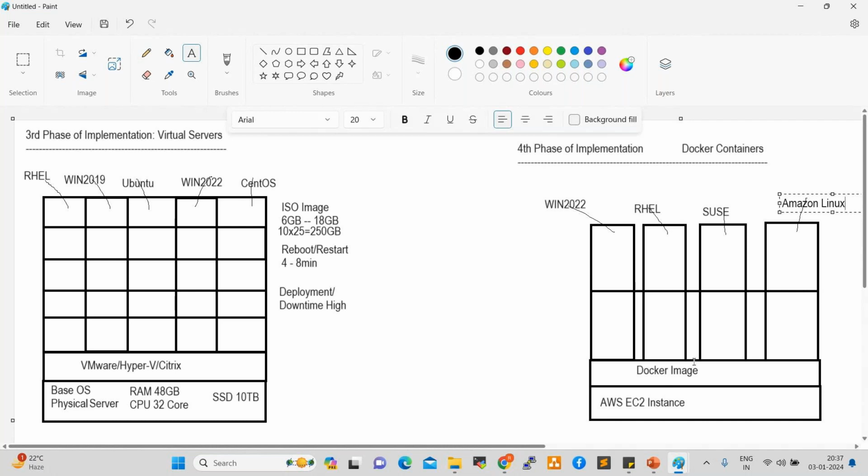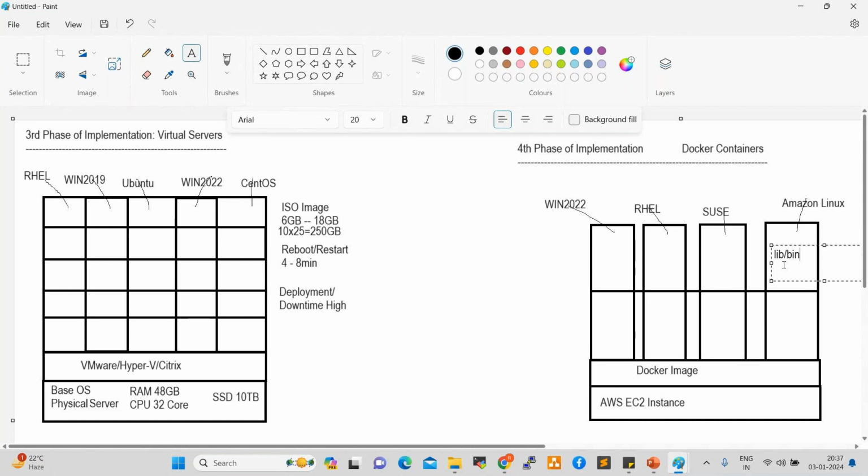When we run the container, it takes only lib and bin files, library and binary files. Whatever files are required to deploy the applications will be available in the containers. So containers are very lightweight and standalone, right? We can move this container anywhere and use it anywhere. In general, a container is like a box.